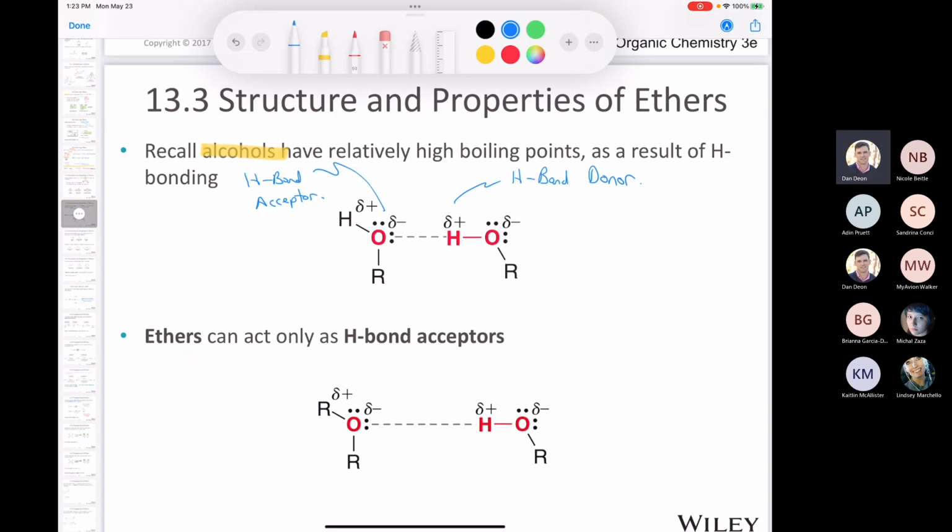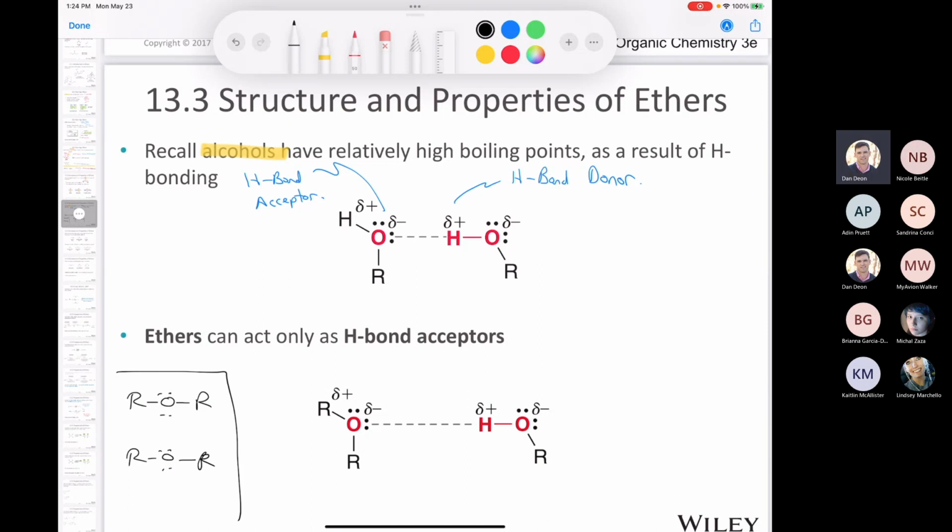And if you look at an ether, it does have two lone pairs on an oxygen. However, an ether cannot hydrogen bond with another ether. It can only act as a hydrogen bond acceptor. And so if you put an ether in a protic solvent, whether it's an alcohol or water, it can participate in hydrogen bonding. However, if you had just a mixture of an ether and another ether in some kind of container, well, there's no hydrogen bonding